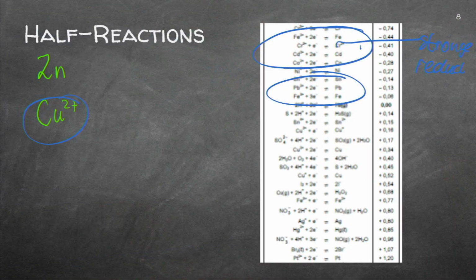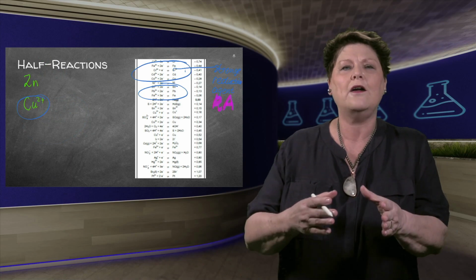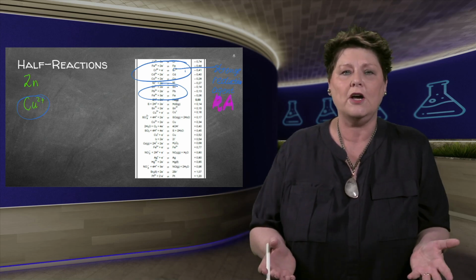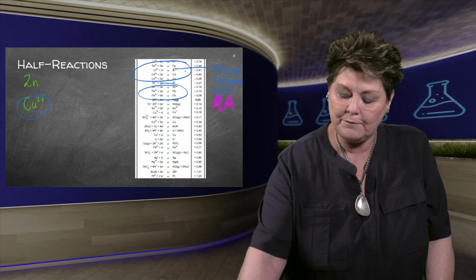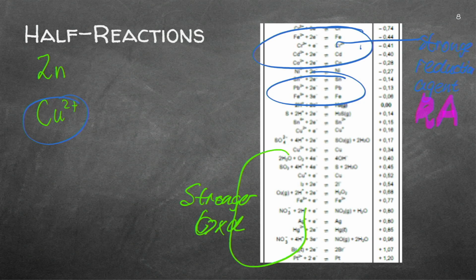And remember, you're not allowed to write an acronym like, for instance, RA. There is no abbreviation like RA. You can give the examiner a legend and say, in future, when I write RA, I mean reducing agent. But please don't use it as if everybody knows what it is, because it's not a common abbreviation. Then on this side, you will see you've got your stronger oxidizing agent, and you will again see if it's at the bottom, it will be from this side to that side. Right, let's carry on and see what we do find.